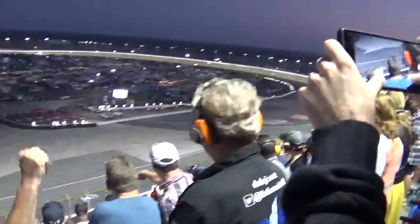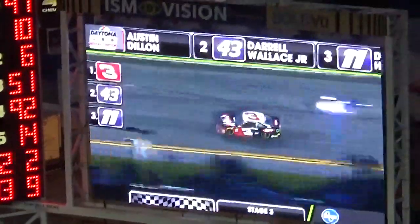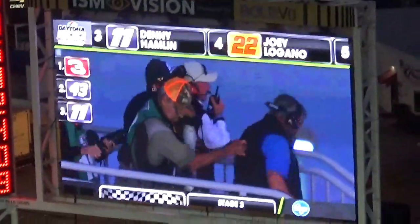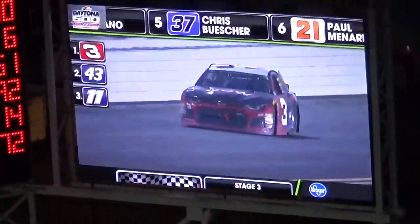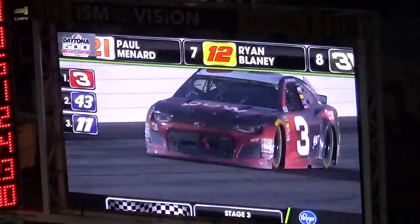Austin Dillon scores the victory here today, with Darrell Bubba Wallace coming in 2nd, Denny Hamlin 3rd, Joey Logano 4th, and Chris Buescher's going to finish in 5th. Unbelievable finish. They were crashing further back. Eric Almirola looked like he may be going to victory lane. That didn't work out, and Austin Dillon is a winner in Daytona as we go to pit road. There is